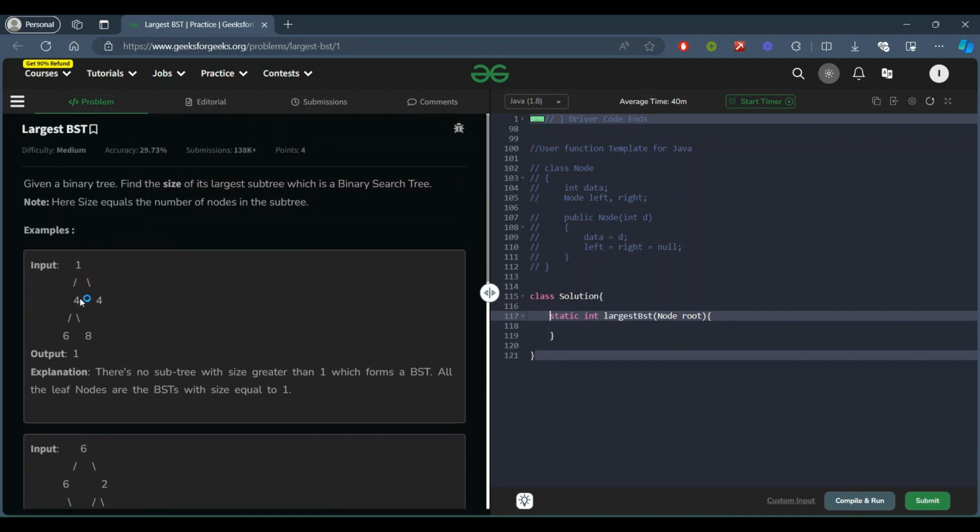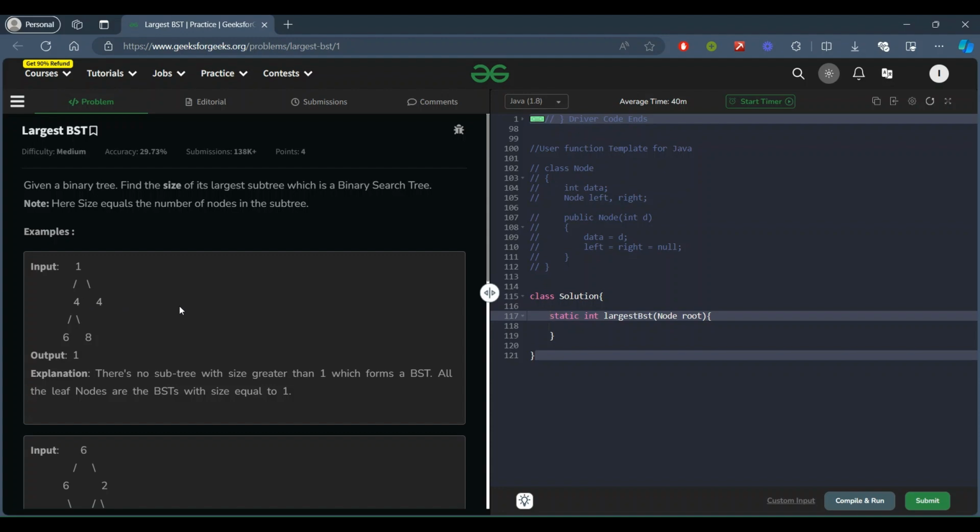So each time we have to check what is the maximum value present in its left subtree and the minimum value present in its right subtree, and whether the left subtree's maximum value is less than the current value or not, and whether the right subtree's minimum value is greater than the current value or not.